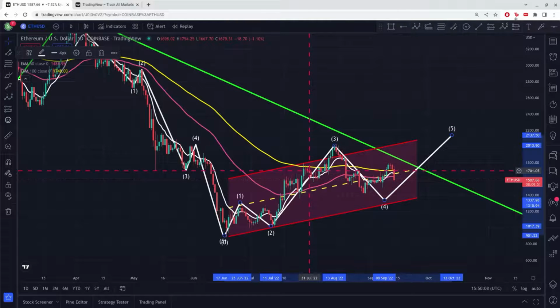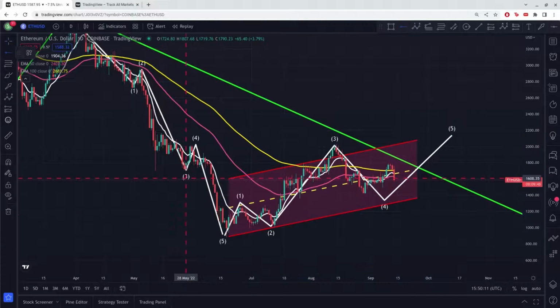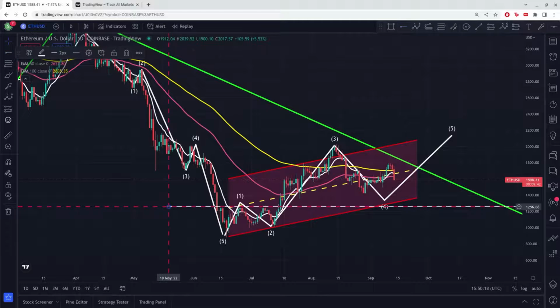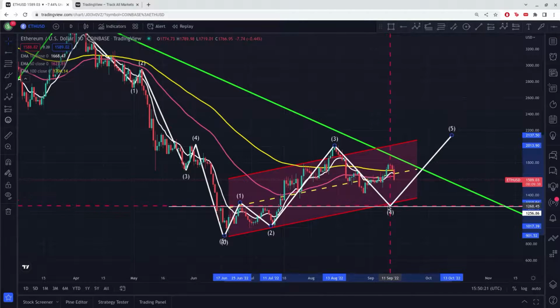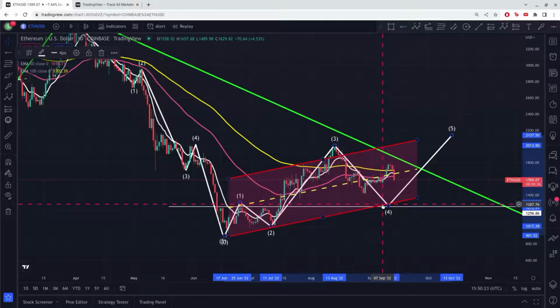Right now, I'm looking for buying signals here, but I won't make any buy trade until the market retests this level. So I'm going to treat it as a break and retest strategy. The market came above, broke through, and it's going to retest here. At this level, this is where I'm going to buy. I'm hoping the market gets to this level, and I'm going to take a buy trade